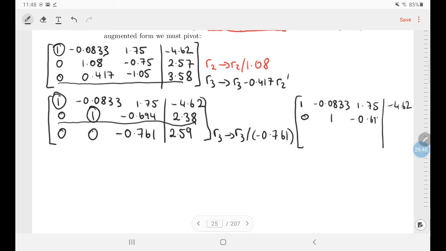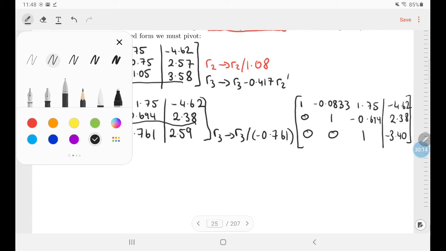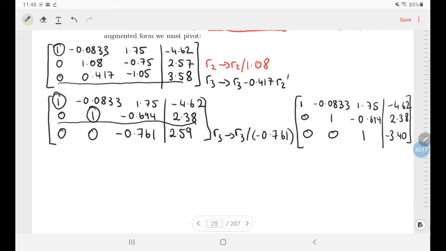694, 2.38. 0 divided by anything is 0, 0 divided by anything is 0, minus 0.761 divided by itself is 1, and then 2.59 divided by minus 0.761 gives me minus 3.40. So now I'm in a good position. I have solutions. Now, if there's rounding, it's going to be set up in such a way that there are unique solutions,